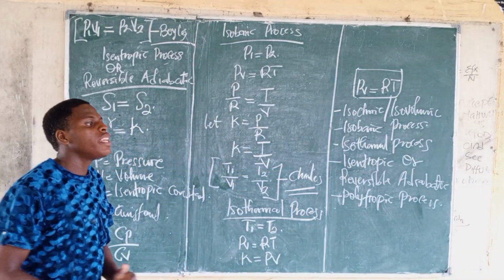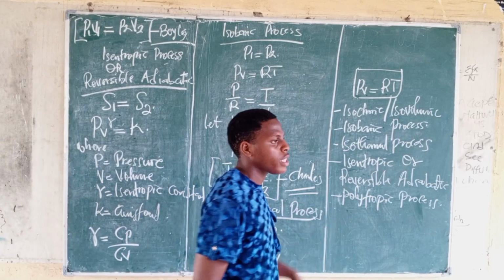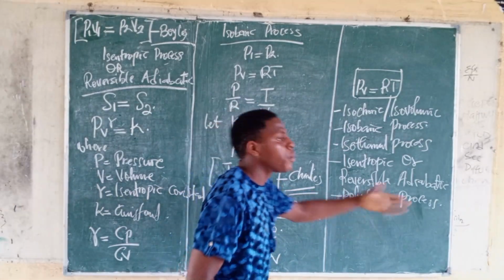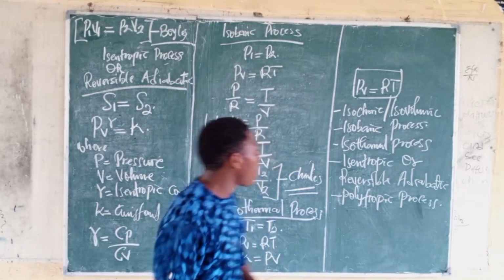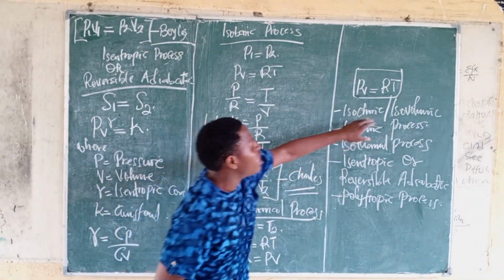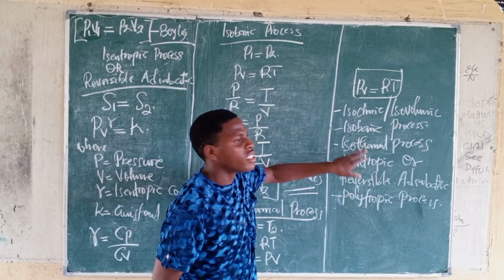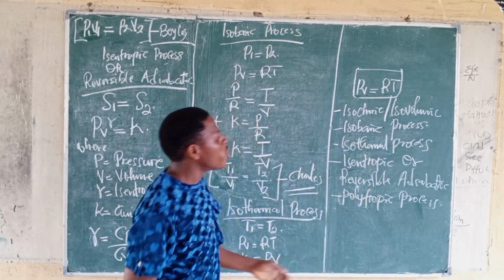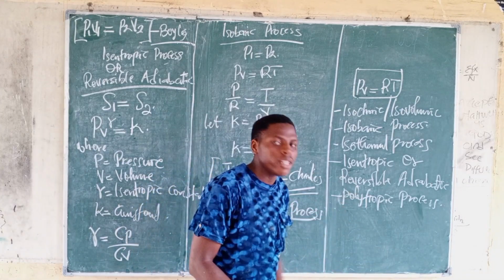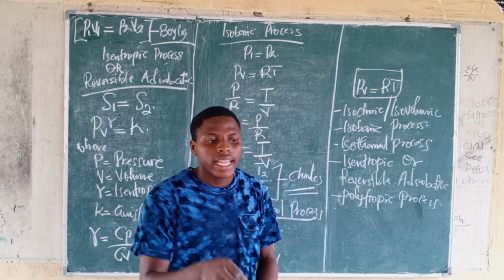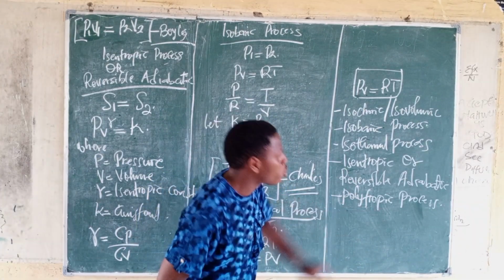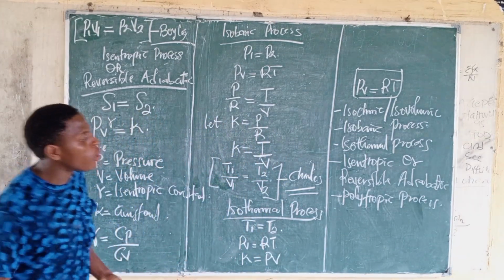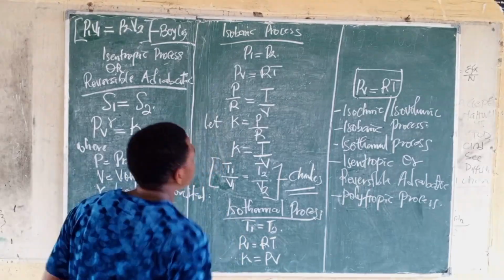Now, we don't really regard this polytropic process, because the polytropic process is a kind of process where, if you are not seeing an isochoric process, or your process is not isobaric, or your process is not isothermal, or your process is not reversible adiabatic, not isentropic, then that process will be polytropic. Now, the equation of state for polytropic which we use is,